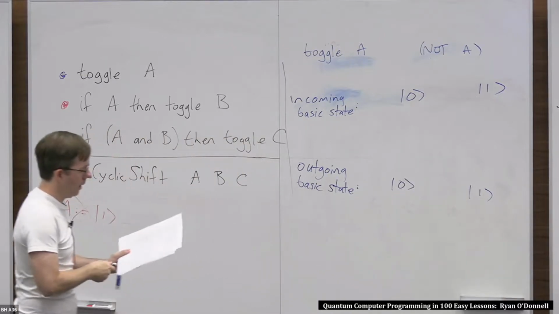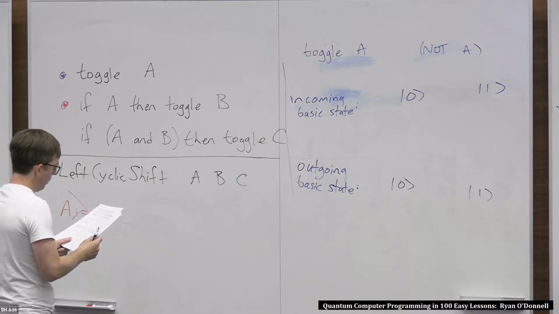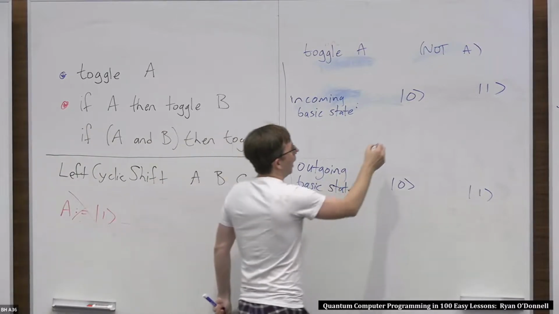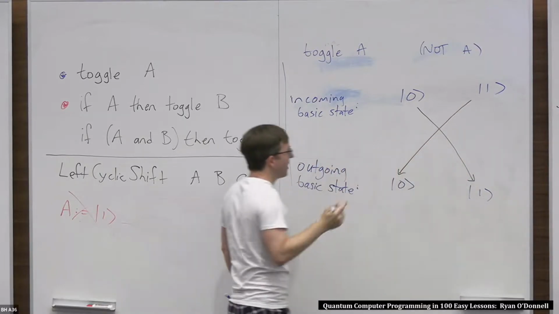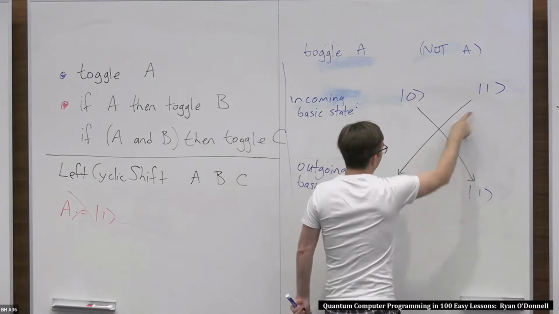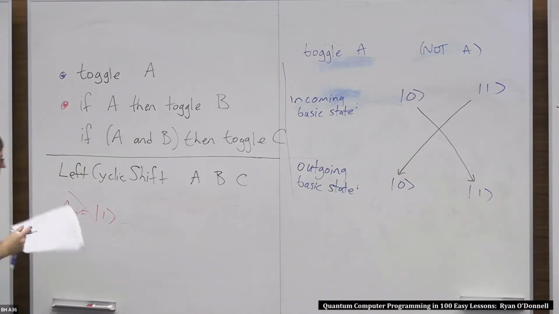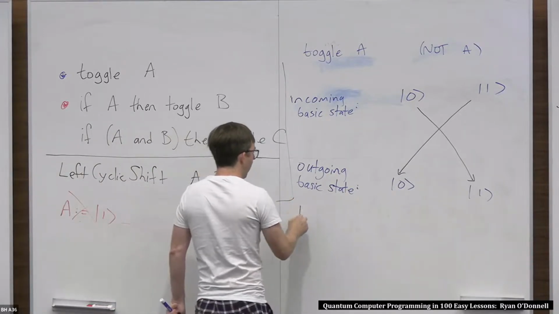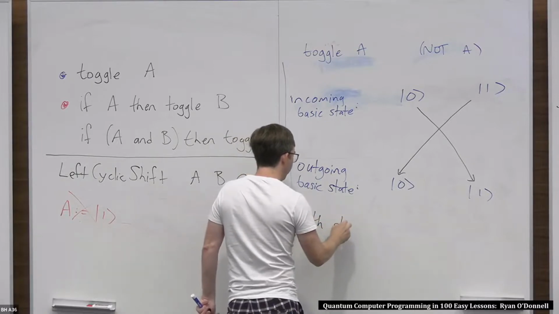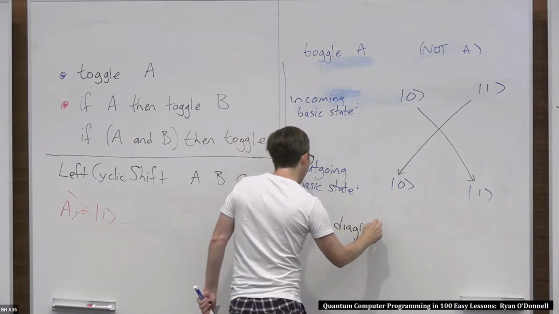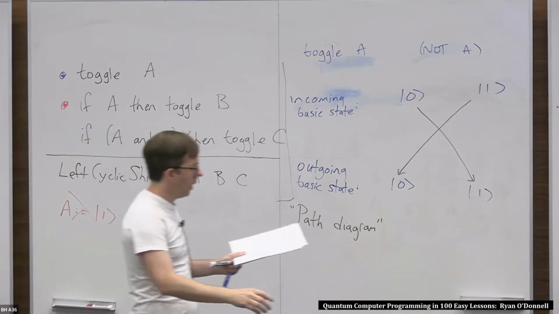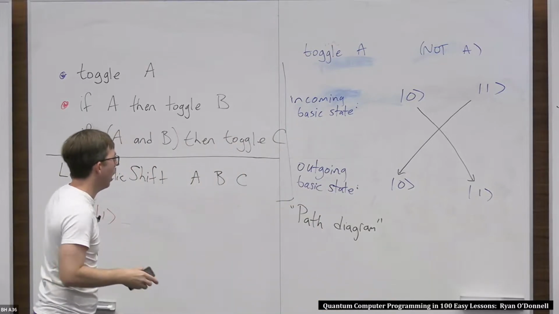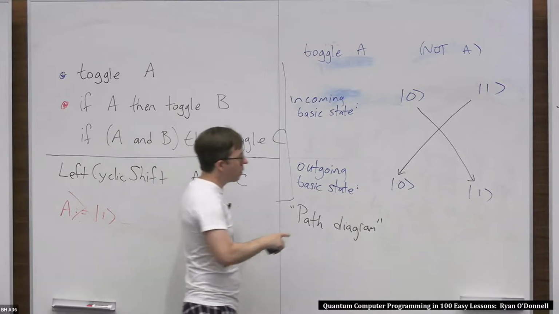And yeah, I drew it in a weird way in my notes, but we could draw this diagram. It just says, you apply it to 0, you get 1. You apply it to 1, you get 0. Kind of easy. Okay, so I'll sometimes call this the path diagram for this toggle instruction. Now, I want to make this a little bit more fully fleshed out, because one thing I want to remember is that,